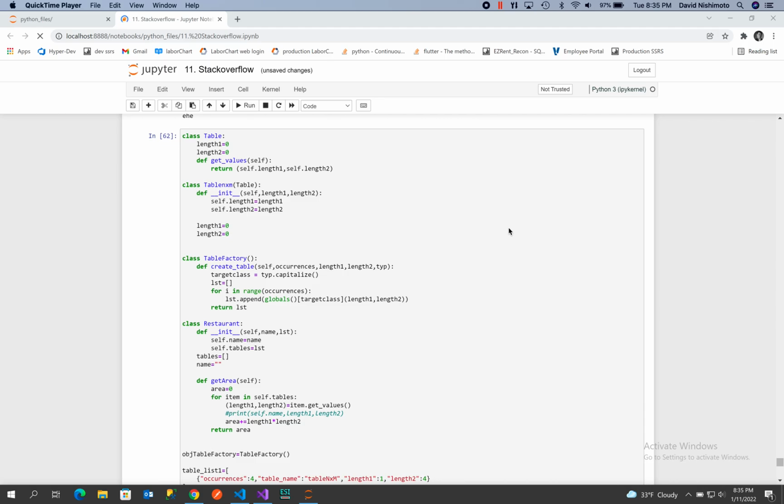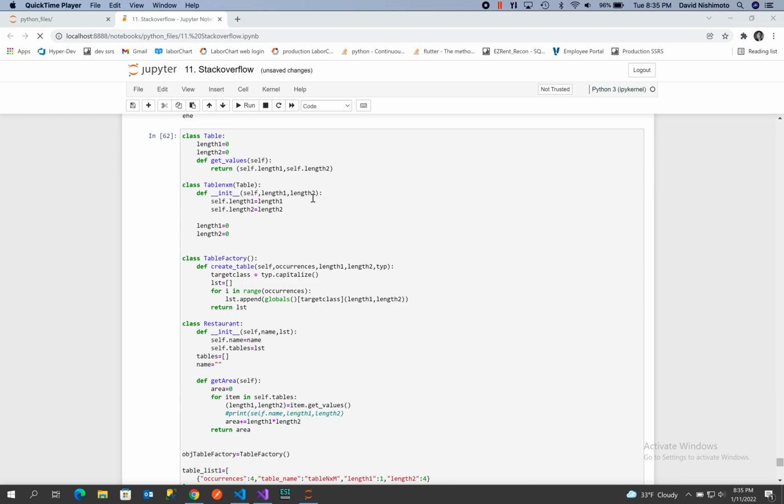In this example, what I'm going to do is show you how to build an abstract factory. So what we have here is a subclass of table type. This would be equivalent to your abstract class in C Sharp. And what we're going to do is use the factory to generate the subclass.